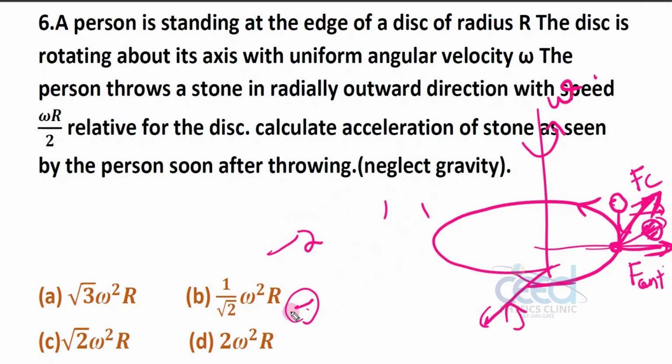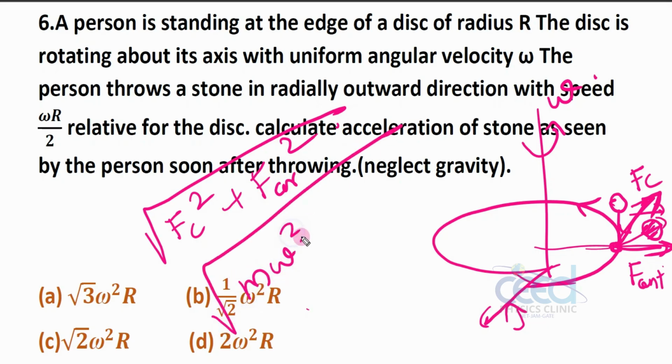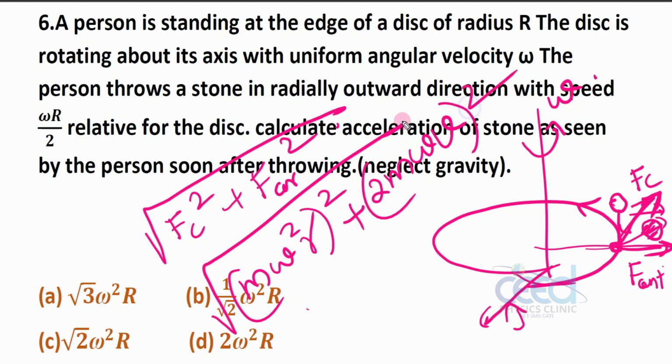Two perpendicular forces are acting, so the resultant force is Fc square plus F Coriolis square. Then this you know, m omega square r whole square plus F Coriolis, 2m omega v the whole square,